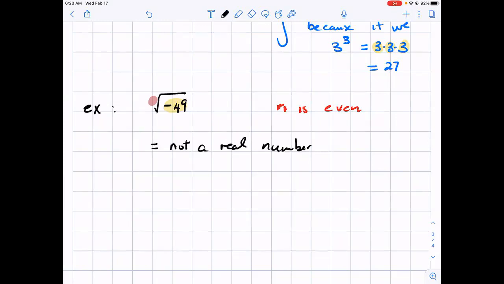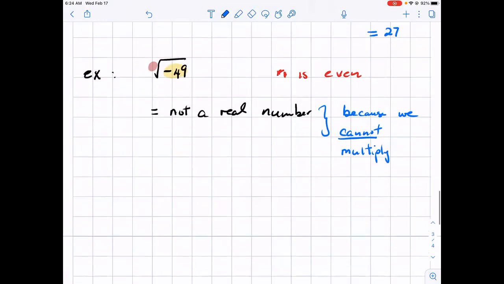And it is not a real number because there is no number out there that, if I multiply it by itself, will give me negative 49. Okay? It is not real, and I can say that because we cannot multiply a number by itself